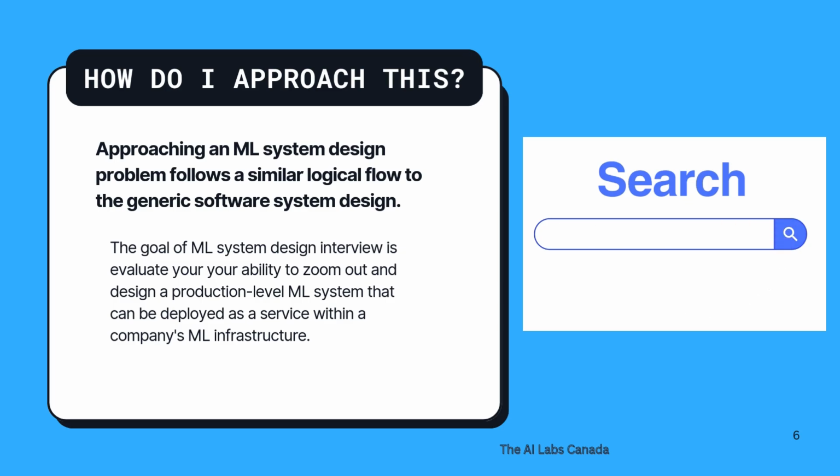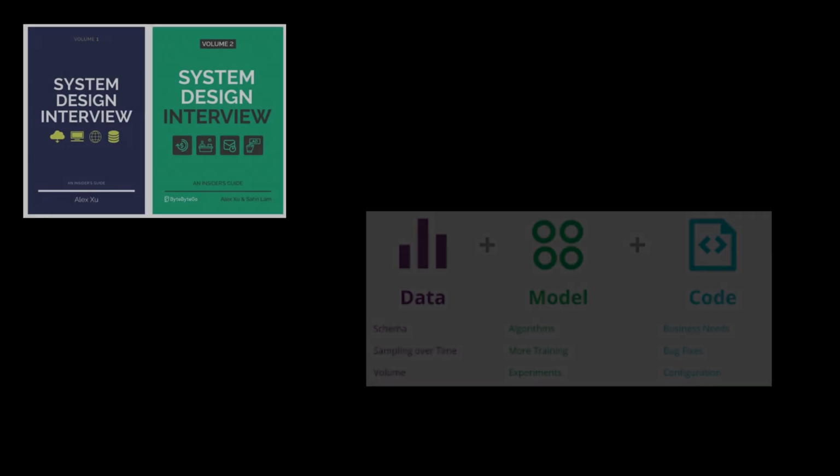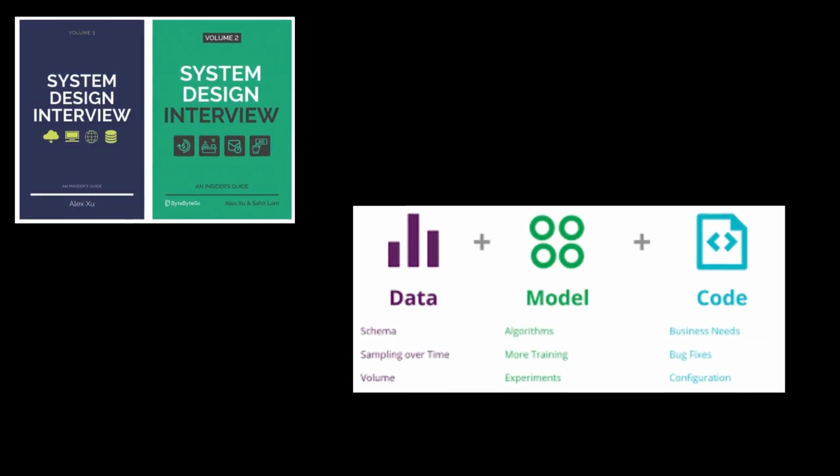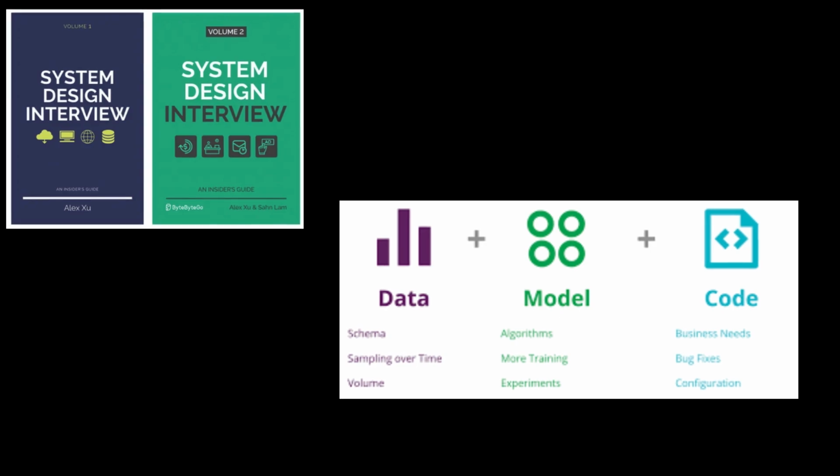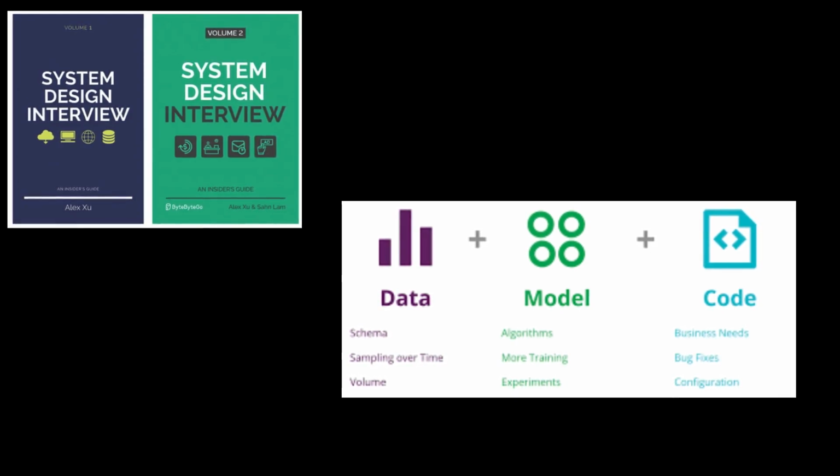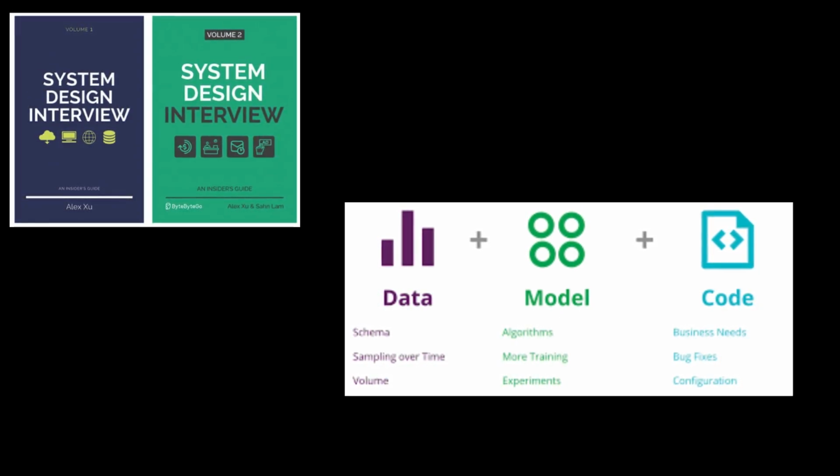Alright, so how do we even approach an ML system design problem, especially for something like search? Well, the good news is the approach actually follows a logical flow very similar to a classic software design problem. The key difference, though, is that we are now thinking about machine learning components like models, data pipelines, and feedback loops on top